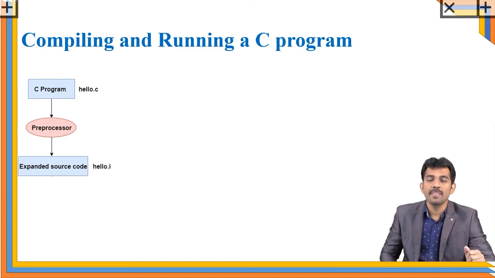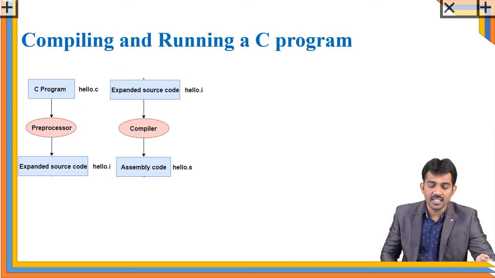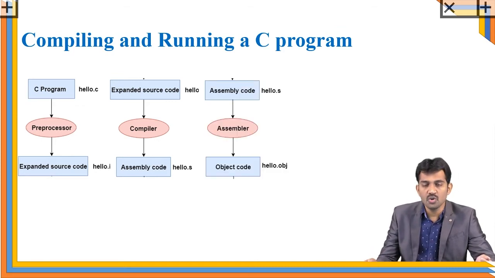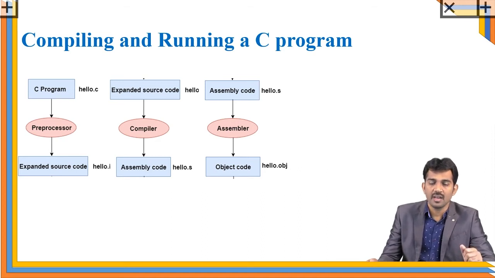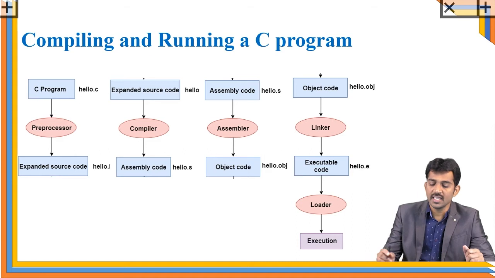Right? After that, this expanded source code is given to the compiler. The compiler is going to convert your code into the assembly code. Next, this assembly code is going to be converted into the object code by using the assembler. Right? Assembler is going to convert your assembly code into the object code. After that, object code is going to use linkers. See, all the files you include, right? Hash include